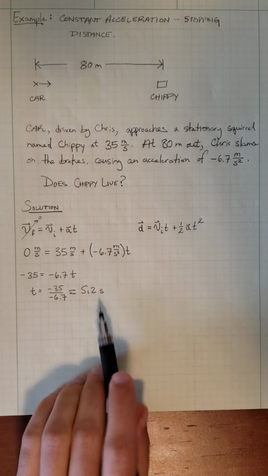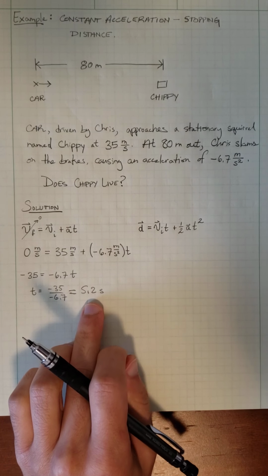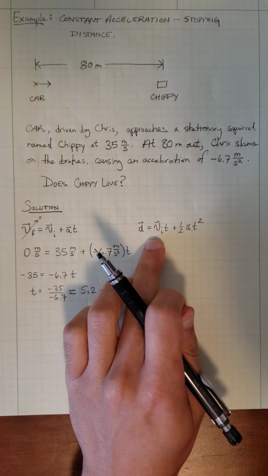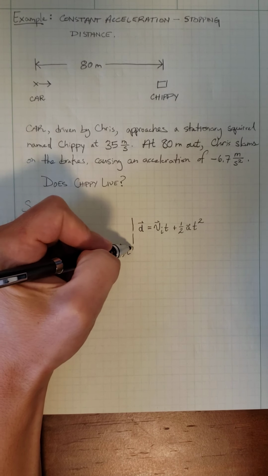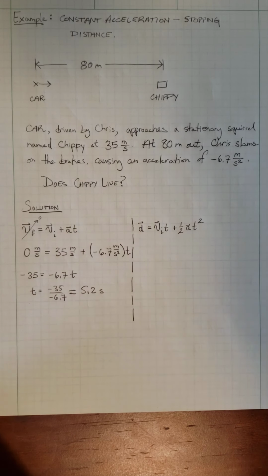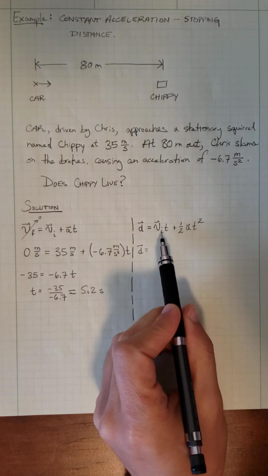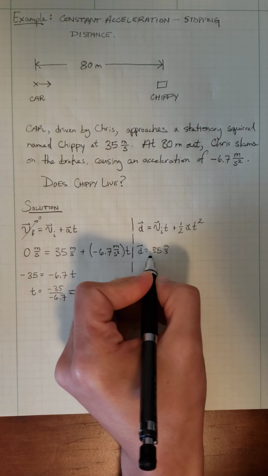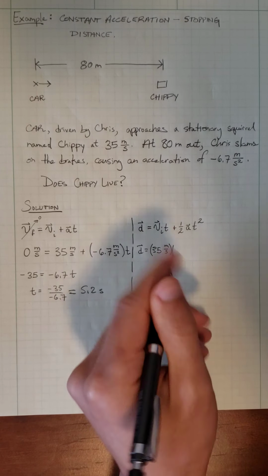So this is saying that in 5.2 seconds, the car will stop. We'll come over here and find out how far we will have traveled. I'm just going to make a dividing line so that the two solves stay separate. Okay, we get d. This is what we're looking for. Vi, we have 35 meters per second times the time. We've now found that to be 5.2 seconds